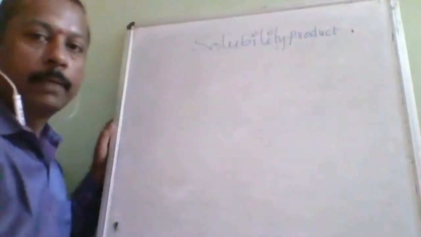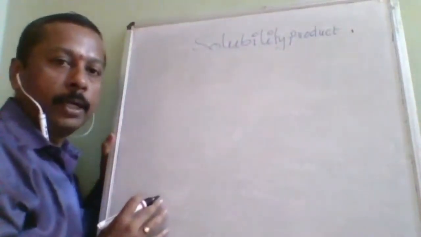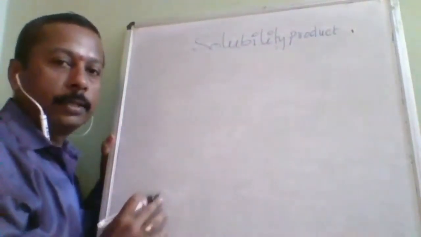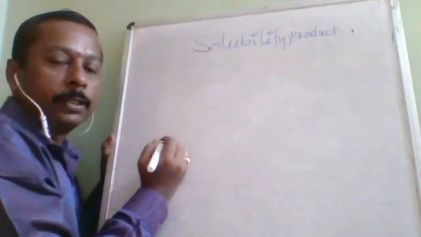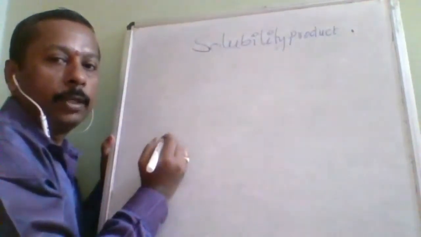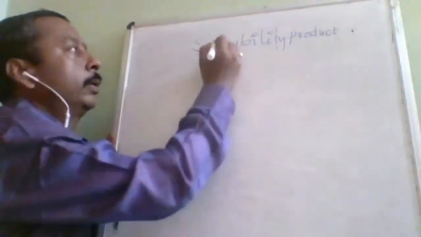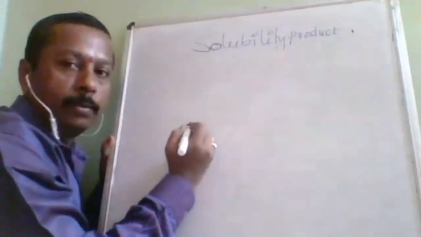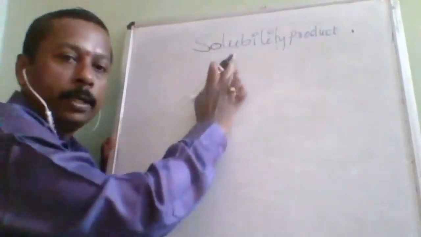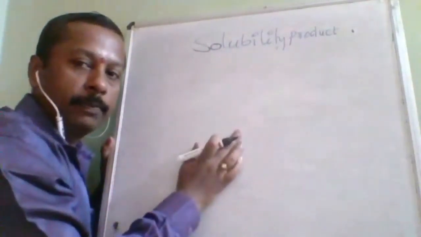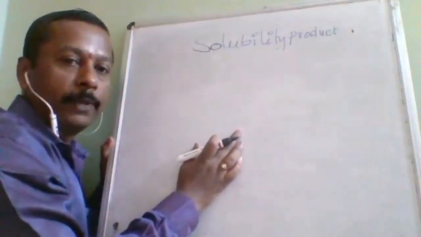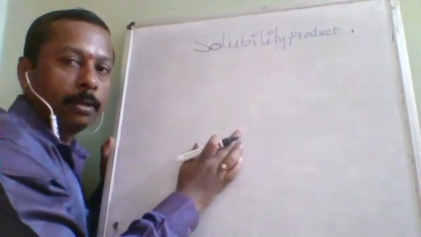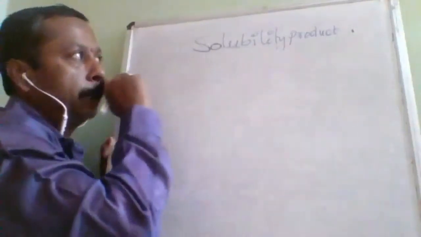Okay, so in the initial class, the first lecture of ionic equilibrium, which covered electrolytes, I told you that few salts are very weak electrolytes. Those few salts we are going to discuss in this condition. And there are multi-concept numericals of solubility product with pH, because some weak bases and weak acids also produce solubility product. So they may affect pH and pOH. Hence that topic is also covered and linked up with the solubility product.